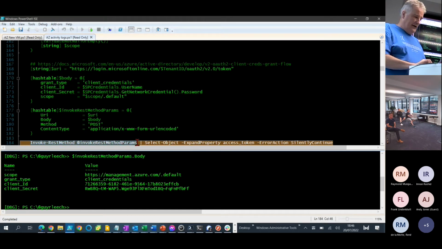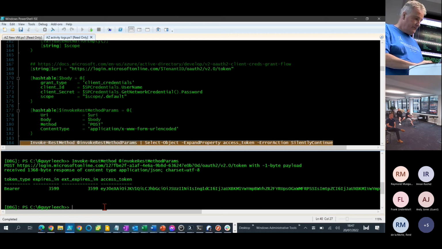In fact, what we can do is, again, the beauty of just using PowerShell because it's interpreted, I can actually say, oh, I'm going to go and run that directly now. And that's come back with content because I was using Invoke-RestMethod. It actually comes back as HTML, but Invoke-RestMethod will get the JSON out of that and turn it into PowerShell objects. So here's my expires in, doesn't tell me the units, but almost an hour. Yeah, the clock's obviously ticking. And then the access token, this is the important bit, that's what we need to pass through to subsequent calls. So if I do an F5 now to resume it,